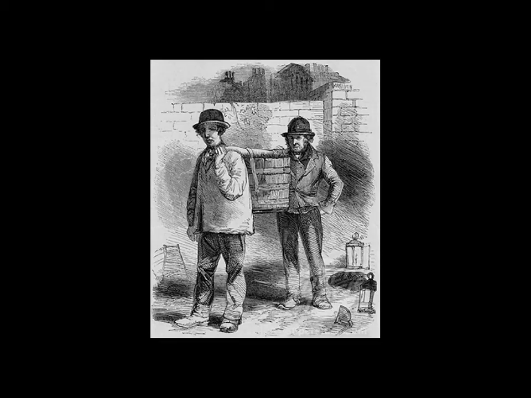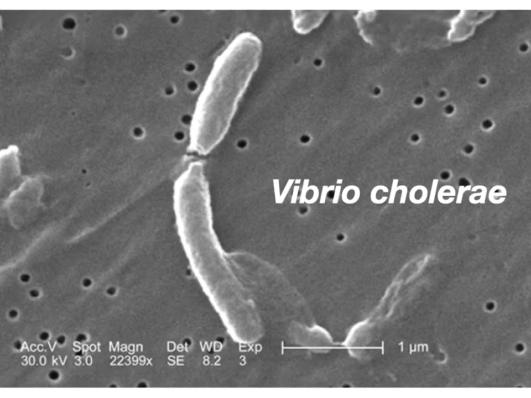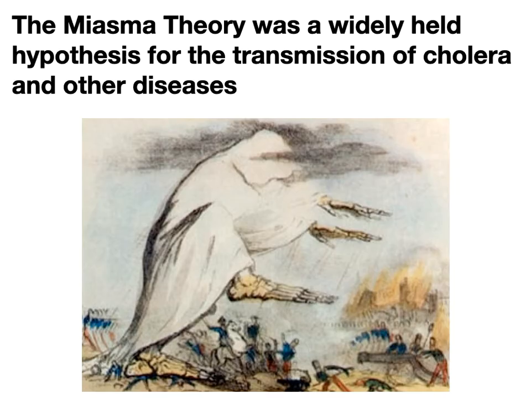And so there was a lot of disease. These are some of these nightmen. That's a very good way to spread things like cholera, the bacterial disease or disease caused by the bacteria shown here. Cholera was killing a lot of people in that time, but nobody knew at that time where it came from. The most popular hypothesis was that cholera was spread through bad vapors in the air, and that was called